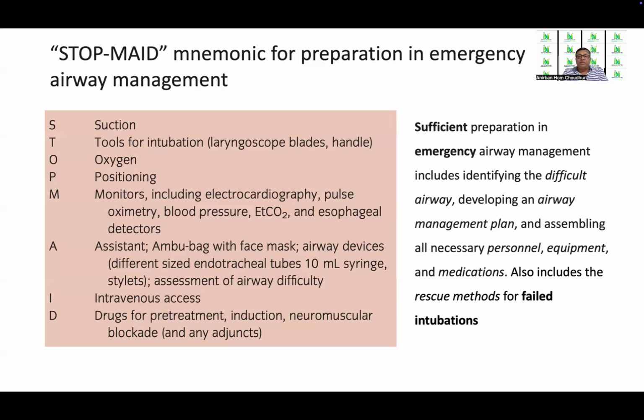So sufficient preparation in emergency airway management includes identifying the difficult airway, developing an airway management plan, and assembling all necessary personnel, equipment, and medications. Also, this includes the rescue methods for failed intubations because one needs to be versed with those skills of rescue